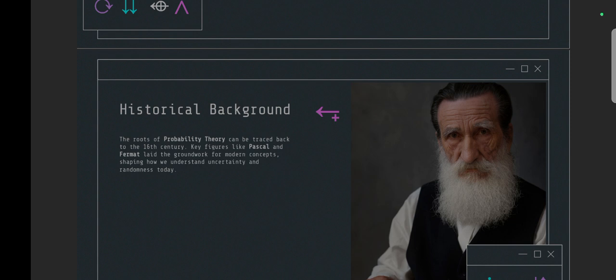In the early beginnings, the ancient civilizations, the probability concepts can be traced back to ancient civilizations such as Egyptians and Greeks, who used the basic forms of chance in games and divination, and also